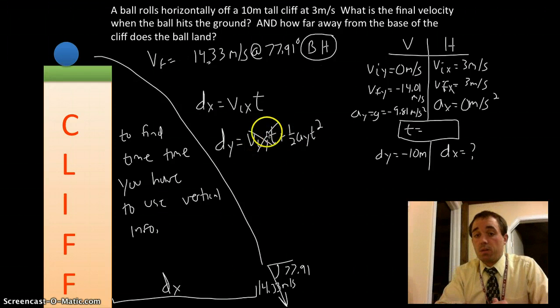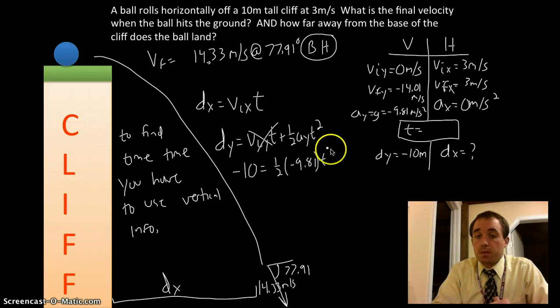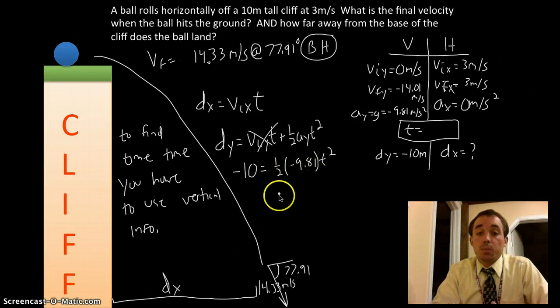VIY is 0, so that whole piece goes away, and we get dy equals 1/2 ay times t squared. dy is negative 10 equals 1/2 of negative 9.8 times t squared. So solving this real quick, multiply by 2, divide by 9.8, you get t equal to